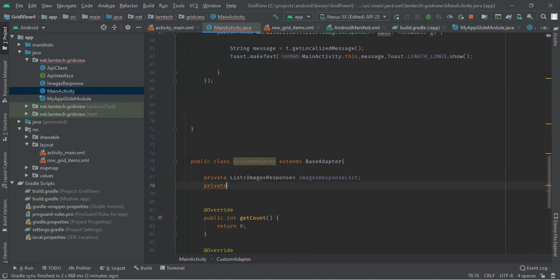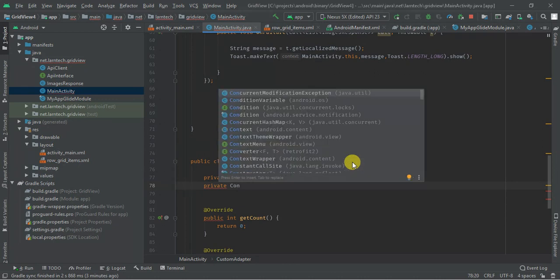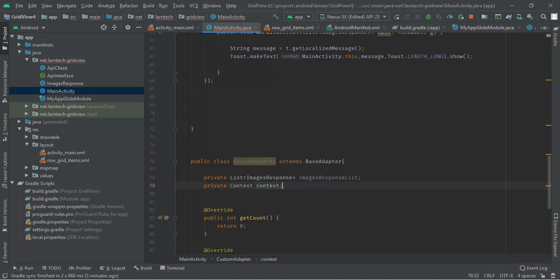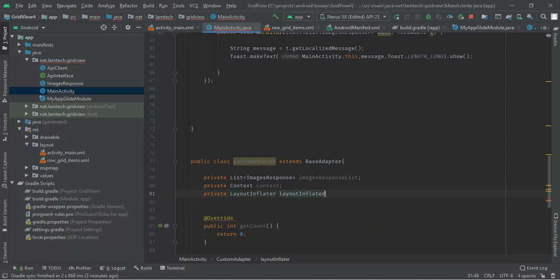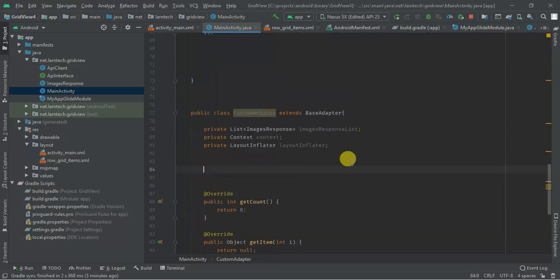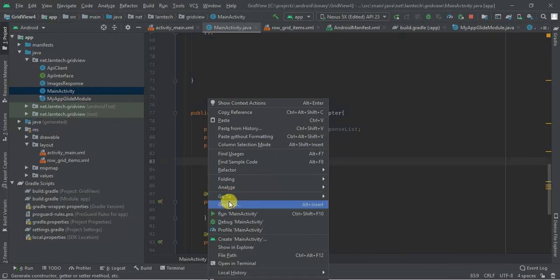I'm also going to require private context. I'm going to require private layout inflator. I'm going to generate constructor,